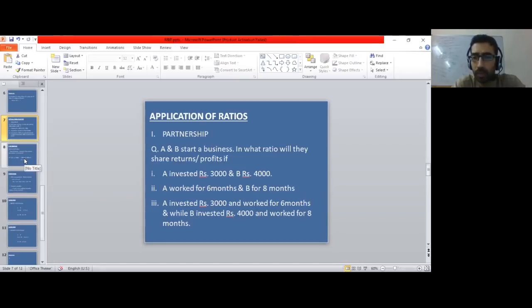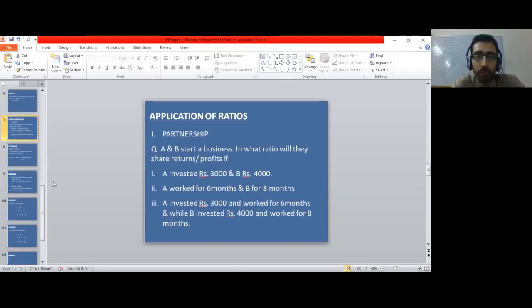One is to 1, my dear God. Why, Umesh? That seems like a golden deal. I mean, let me invest less money and work less and still enjoy the same benefit as the other. Obviously not. A is investing less amount, working for less period of time. There is no way the answer can be 1 is to 1, I'm afraid.